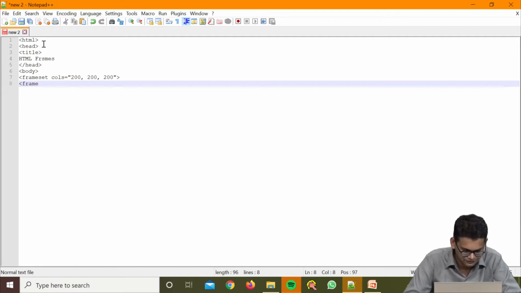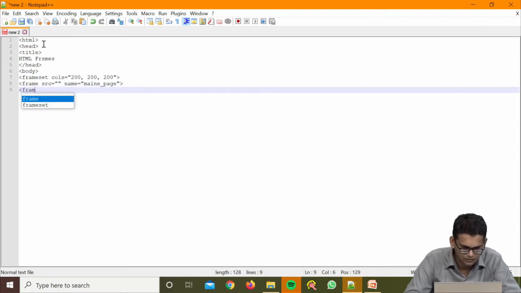Frame here. Now we need to provide the source location. So what are the sources? First we need to create the name, then we can say main page.